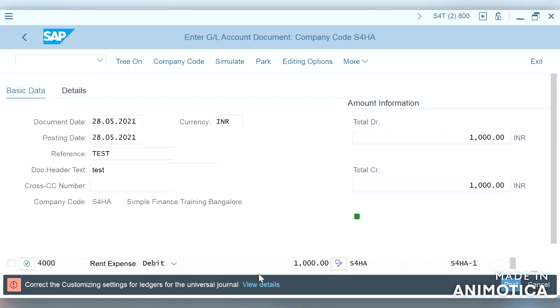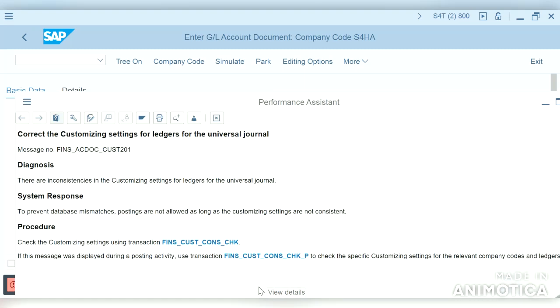Now let us see what actually the error is about. This means it seems there are a few settings missing for the ledgers. There are inconsistencies in the customizing settings for ledgers for the universal journal. To prevent database mismatches, postings are not allowed as long as the customizing settings are not consistent.